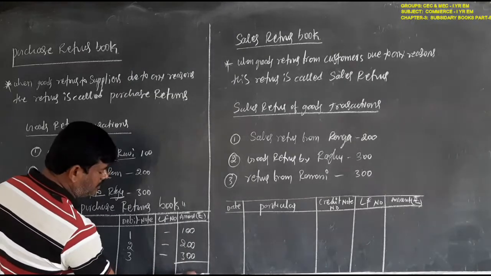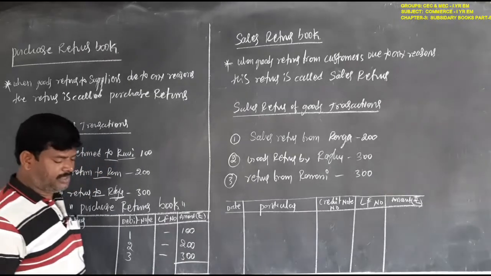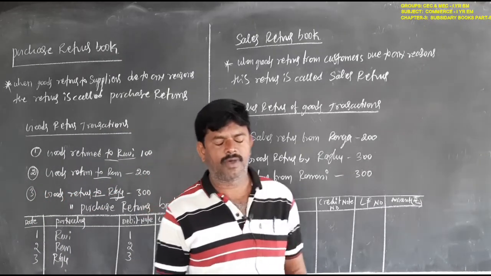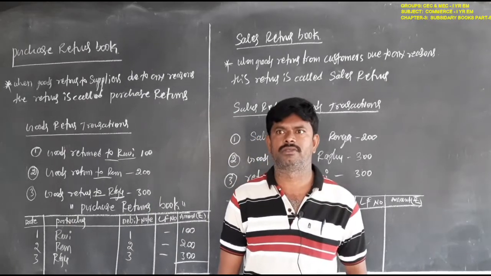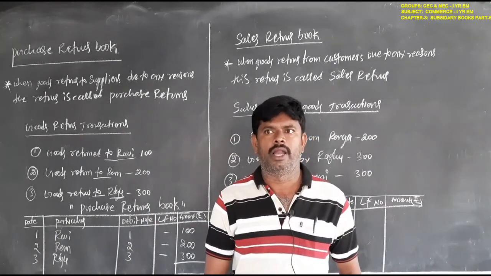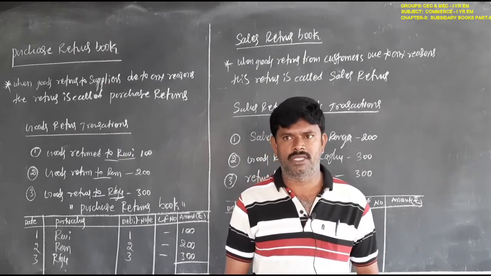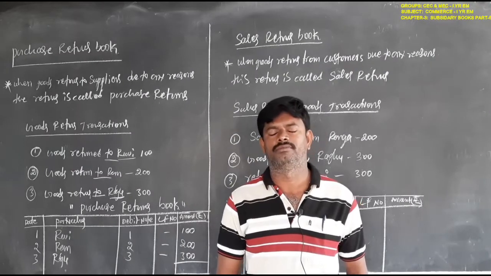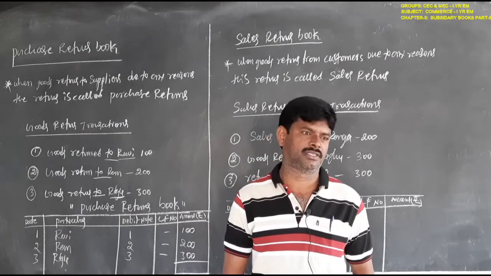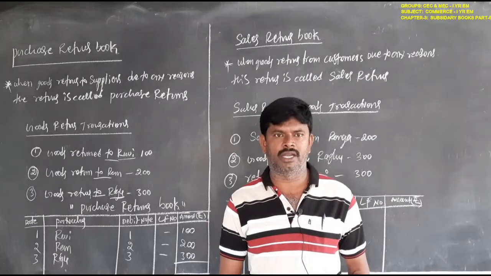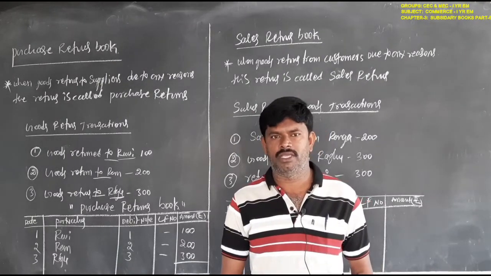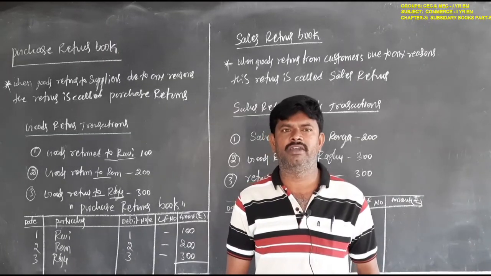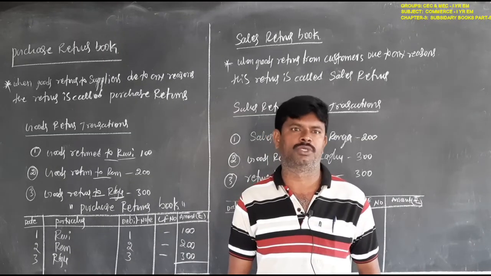What is the debit note? The debit note is nothing but the return goods details prepared by the business firm and sent to the suppliers when the goods are returned. What are the reasons behind the returns? What is the cost of the goods returned? What is the quantity of the goods returned? Each and everything will be included in the debit note.